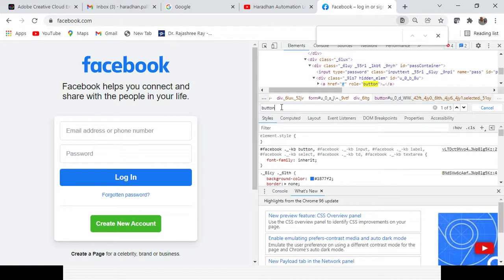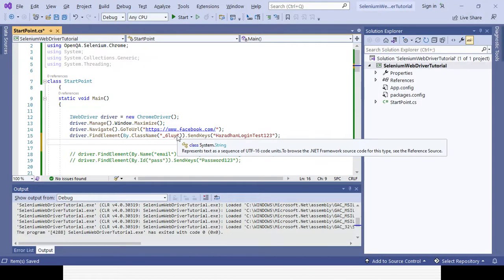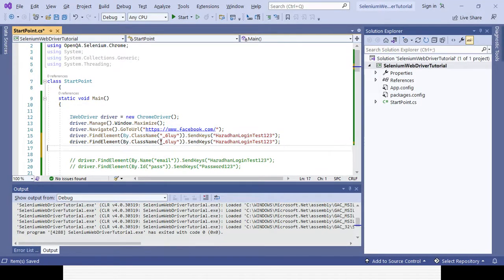But in case the button is the first button, it should not create any problem. Otherwise, in case the button is not the first one, if you want to click the other one, you have to create your own customized XPath or CSS selector. So I will be identifying the element with the help of tag name: driver dot find element by dot tag name.